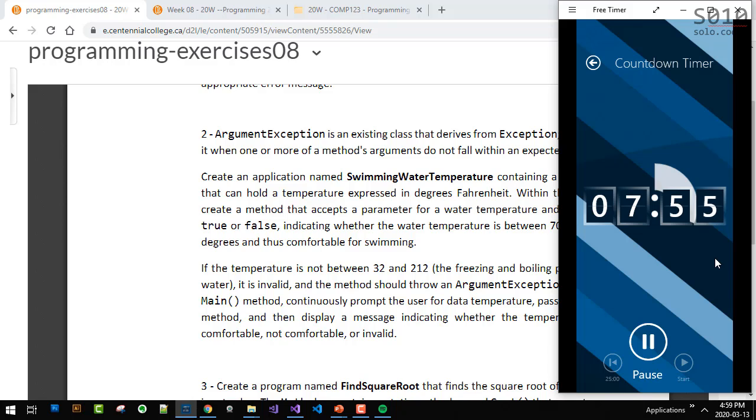Keep going down. A little bit more. Scroll up a little bit. Keep going. Yeah, so one without parameters for initializing all the instance data members.